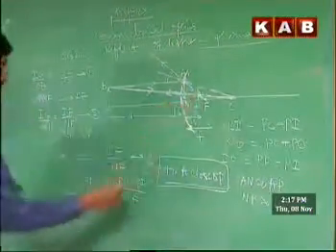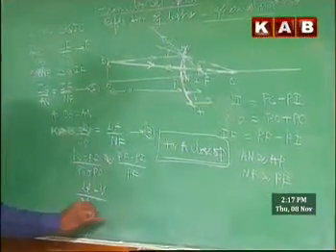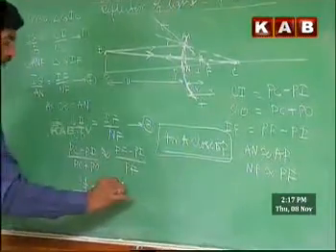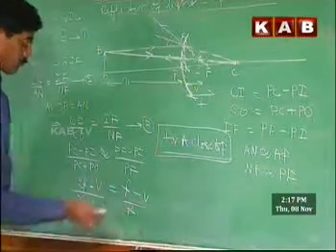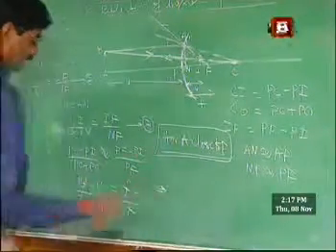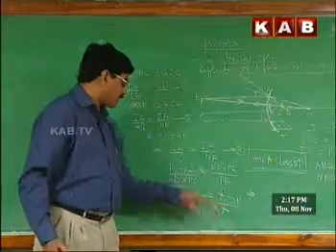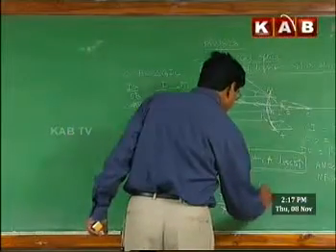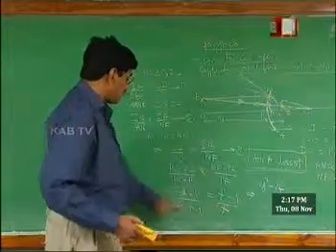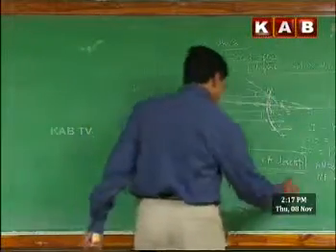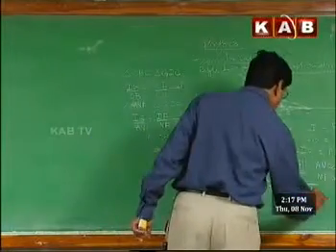PI is the image distance, therefore it is V, divided by PC, which is 2F, plus U, is equal to (F minus V) divided by F. Cross multiplying, we get 2F square minus VF on the left side, and on the right side 2F square plus UF